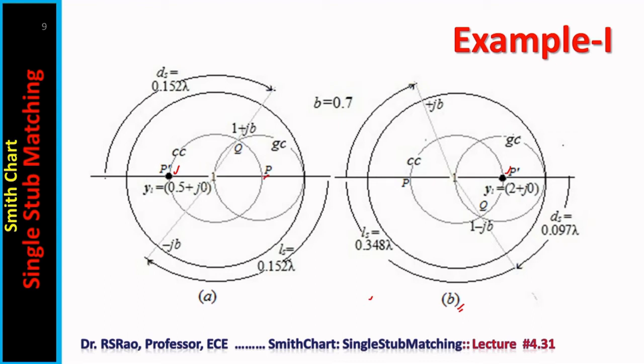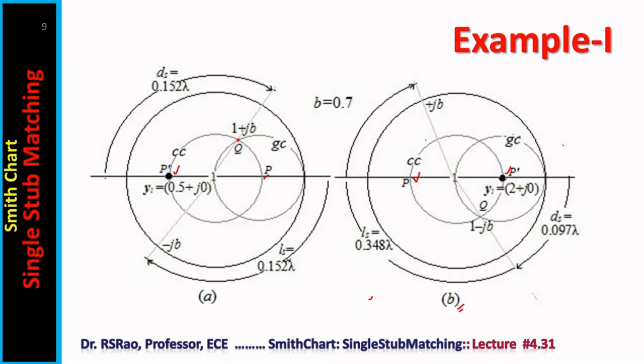It gives P. Through P one can draw the SWR circle, that is CC, and diametrically opposite to P we have P prime. In case of B also, one can first locate the P impedance point, and after drawing the SWR circle, one can identify P prime. Either way, one can notice the actual process of implementation starts from P prime. Right now we have P prime and also the SWR circle. From P prime, move in the clockwise direction over the SWR circle until the G equal to 1 circle is met. The meeting point is designated as Q.